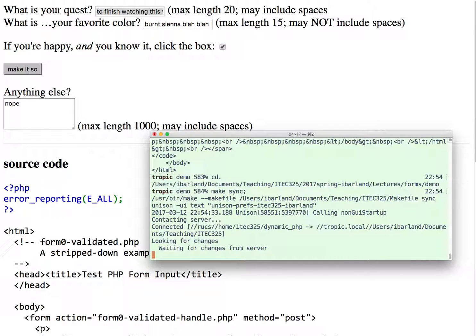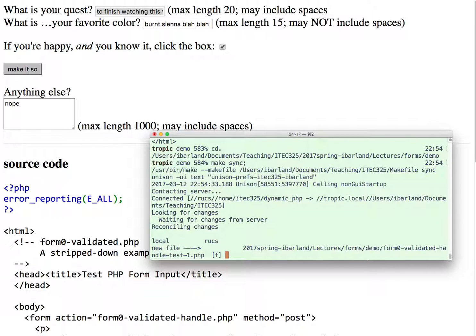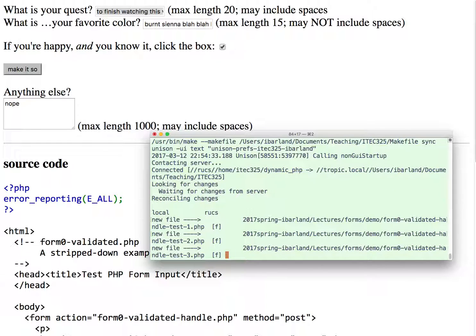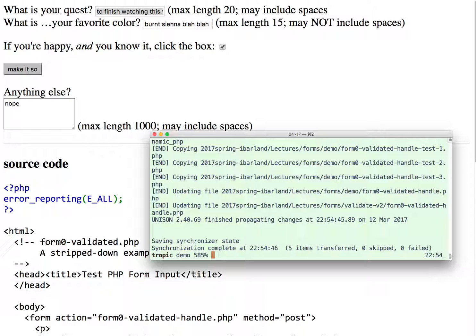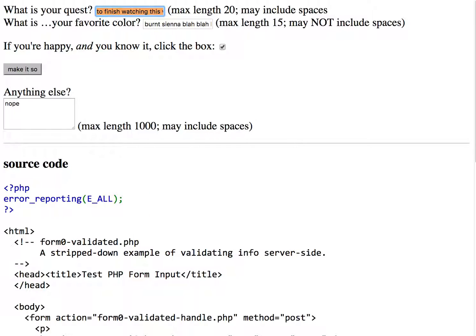So this make sync, I'm using a makefile that actually just synchronizes files between my home computer and the class web server. So don't worry about this. This is just me getting those files over to the H drive. And now I can go ahead and type in the URL. You can't see the window, but